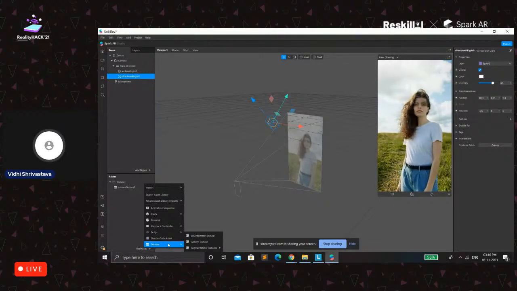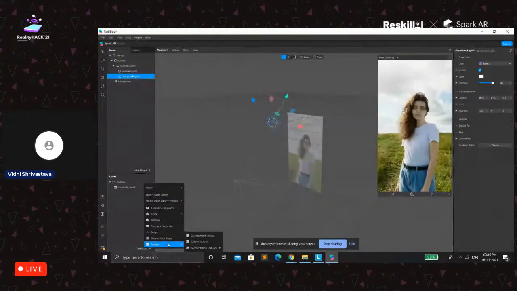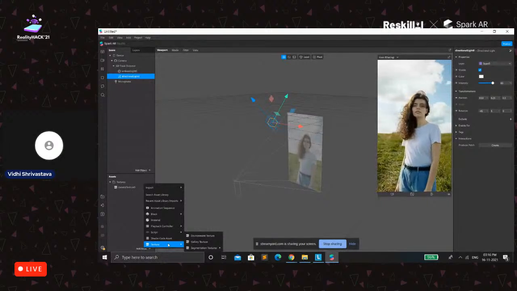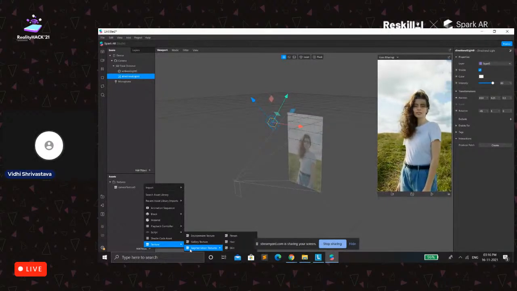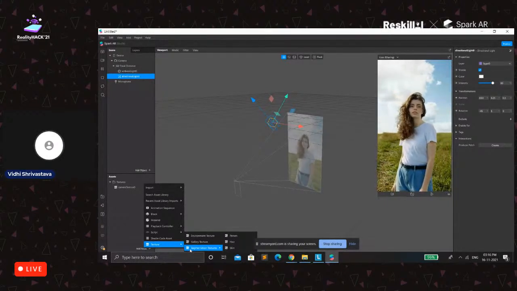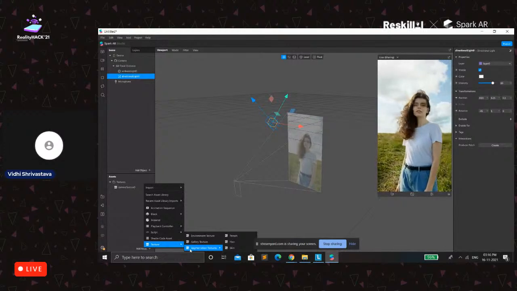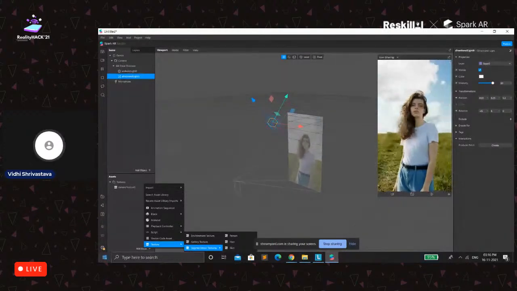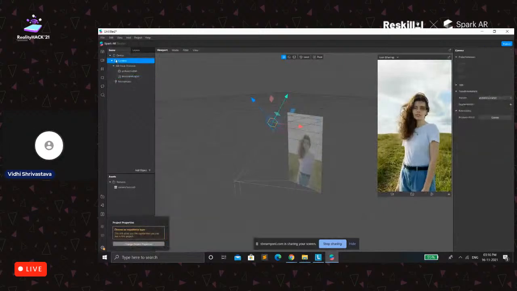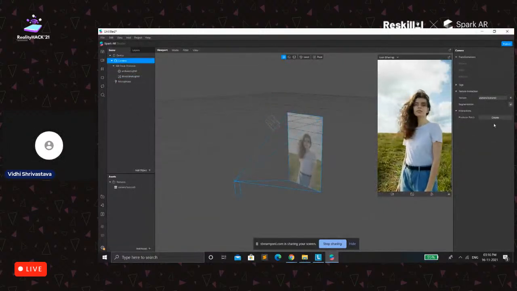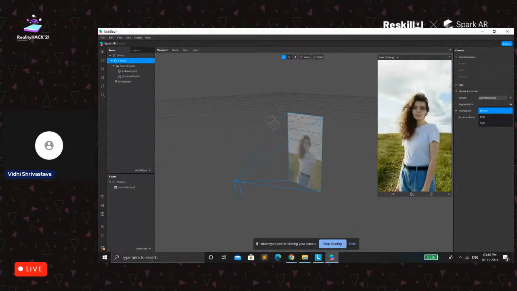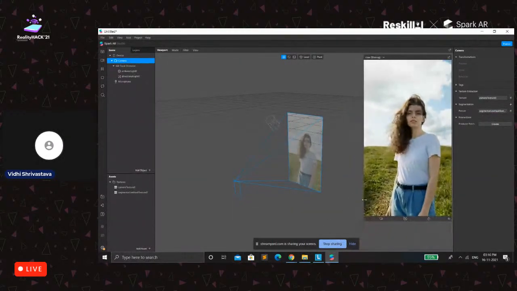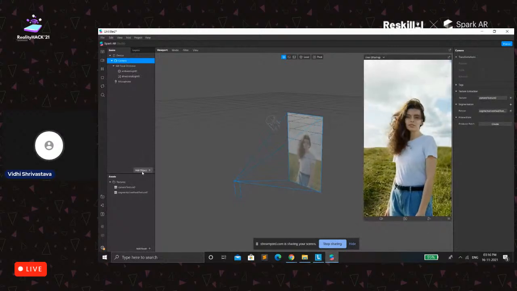We have different textures like environmental texture, gallery texture, and segmentation texture. If we talk about the segmentation texture, there are three segmentations: person segmentation, hair segmentation, as well as skin segmentation. As for person segmentation, if we go to the camera and extract the segmentation, that is the person segmentation, and if we want to use this as a person segmentation, what you have to do is just click on add objects.